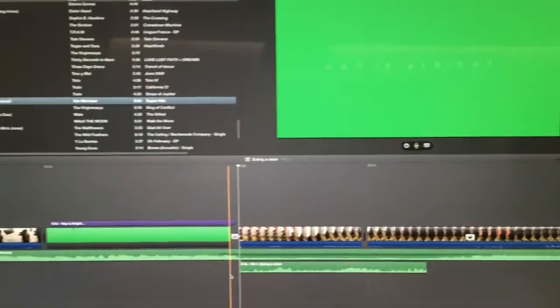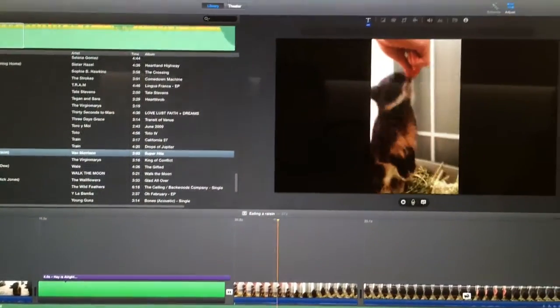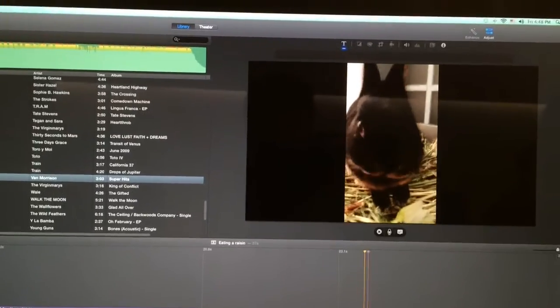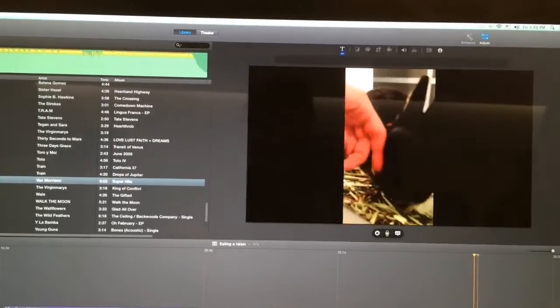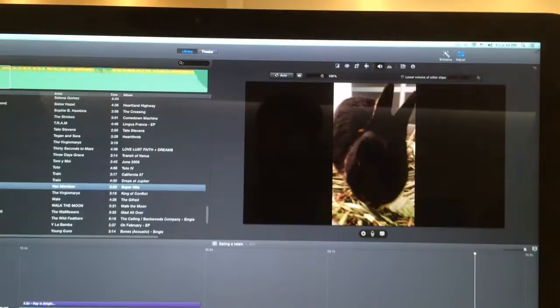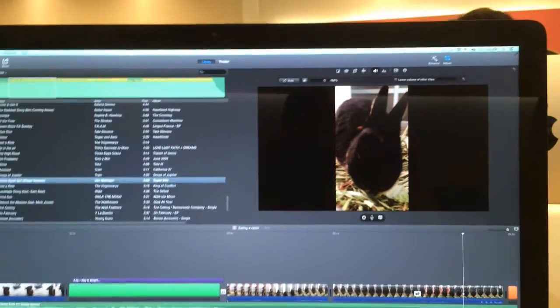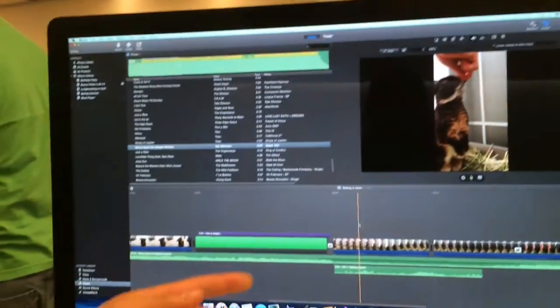Now here's what's tricky. See what it did to the music? It lowers it for you, and it comes up. Yeah. So, to kind of review that,